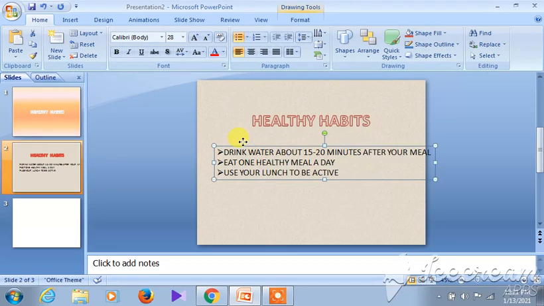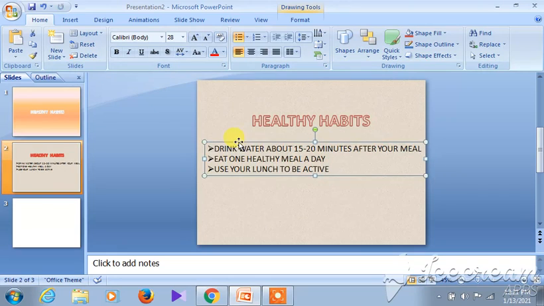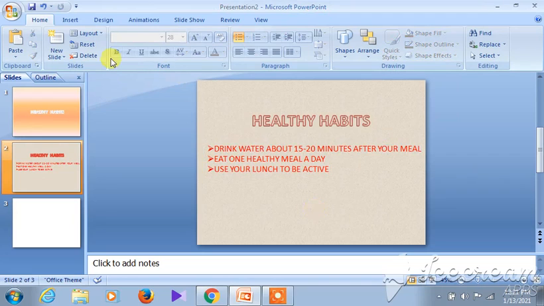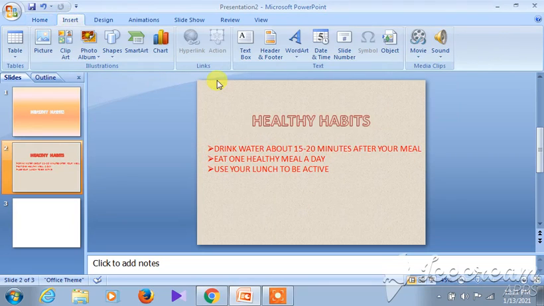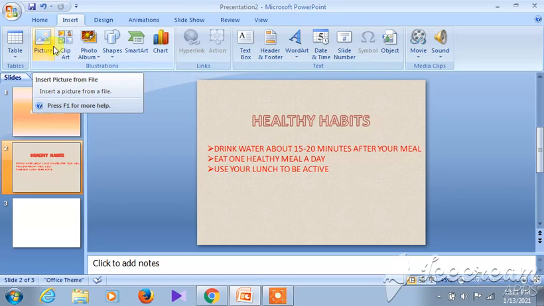So, the slide has been prepared, and here I can also change the color of the text. I am making it red here, or any other color if you want, you can choose it. And at last I am inserting some picture over here. Insert picture will be there, or you can give some clip art picture also.